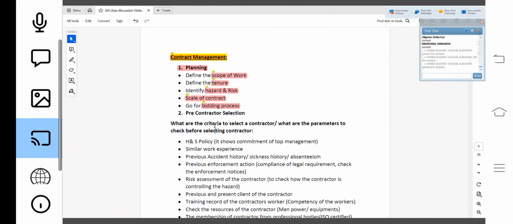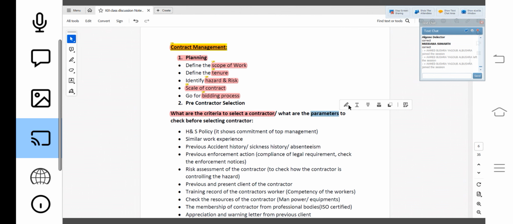So in your examination, a question comes: what are the criteria to select the contractor? Or what are the parameters to check before selecting the contractor? So how will you check?